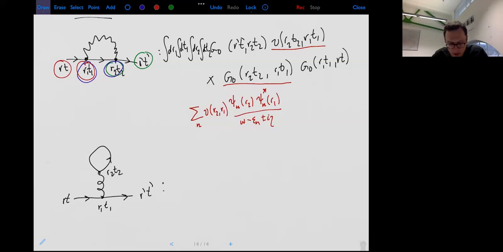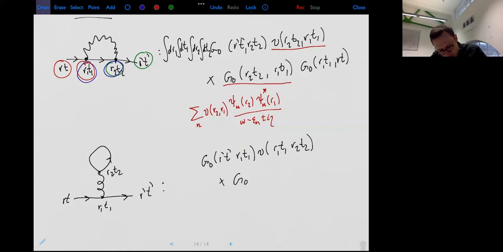And again, we write down the G nodes and the interaction lines corresponding to these space-time points. So we've got a G node, R prime T prime, R1 T1. We've got a Coulomb interaction, R1 T1 to R2 T2, right? And then we've got